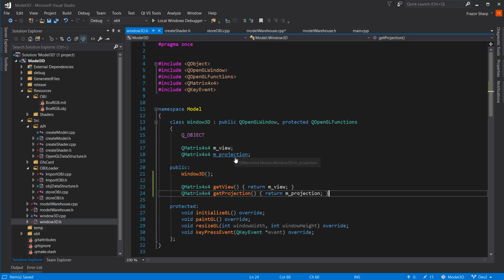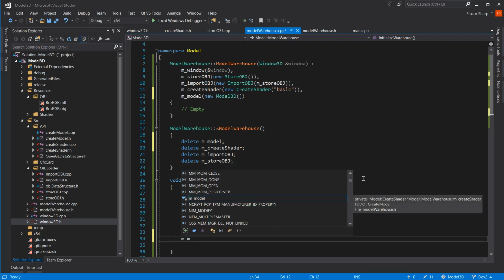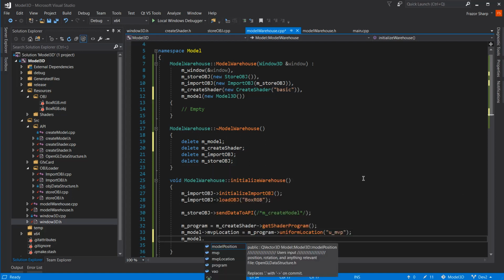What we can then say in here is going to be a long line, but it's going to be M underscore model, and it's going to be MVP. Hover over it, and it's a QMatrix4x4, and it's going to be, this is a funny part, equals